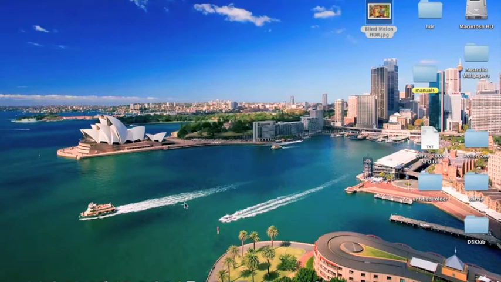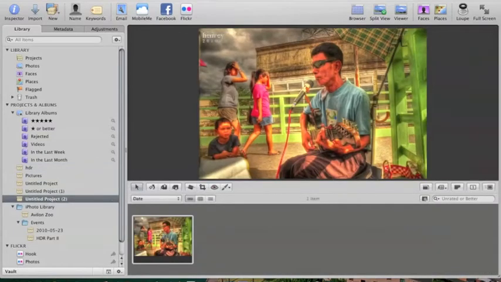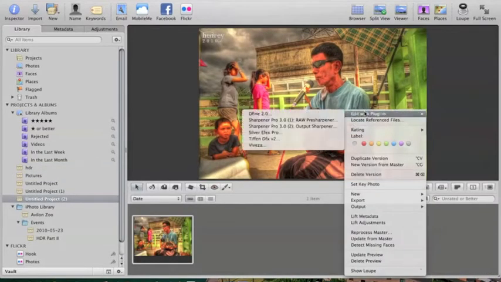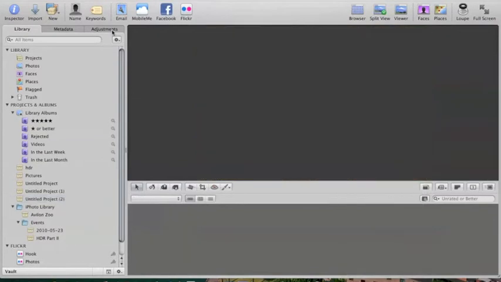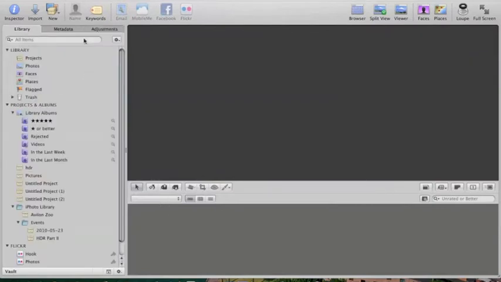So for those of you using Windows, there is Windows Lightroom, and you can use that as well. So it's very, very similar. So it's saved as untitled project. That's it. I'm going to edit it with a plugin. Oh, but first, before I do that, let me just click on adjustments. And again, basically just like Lightroom,